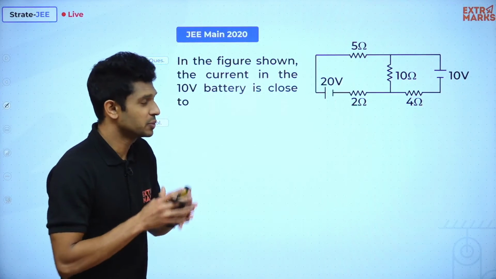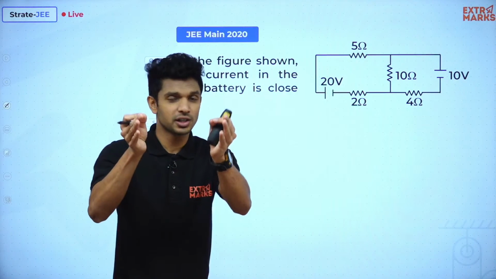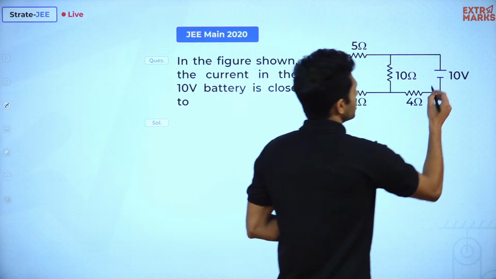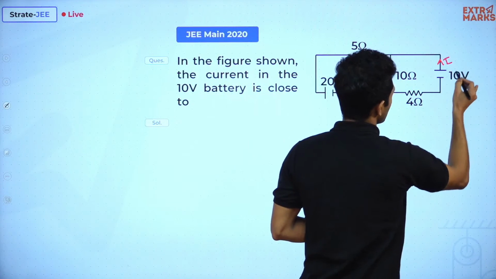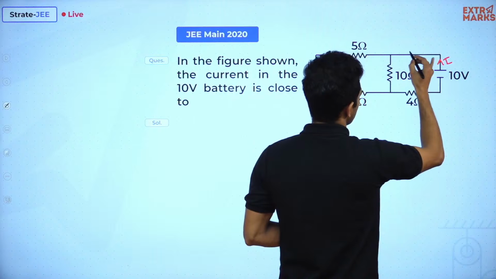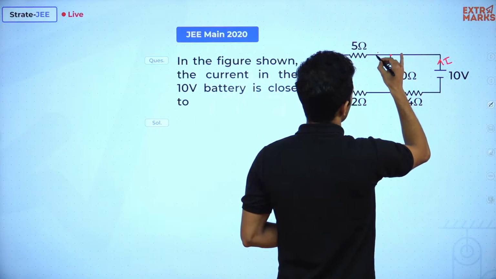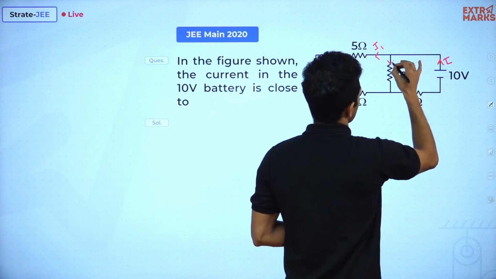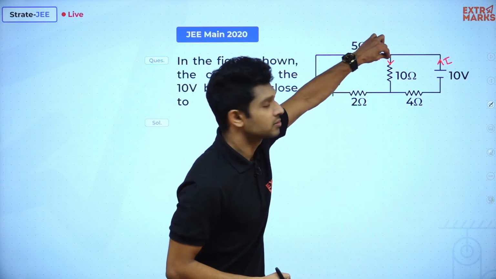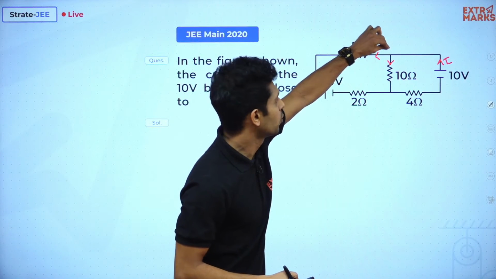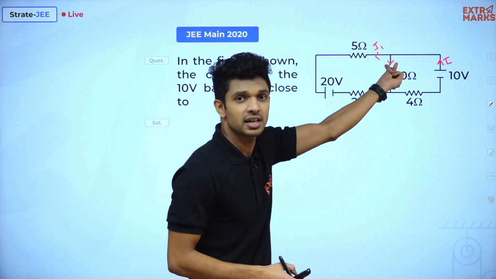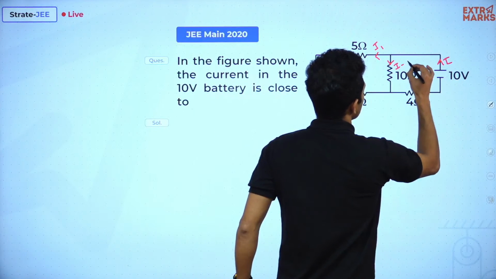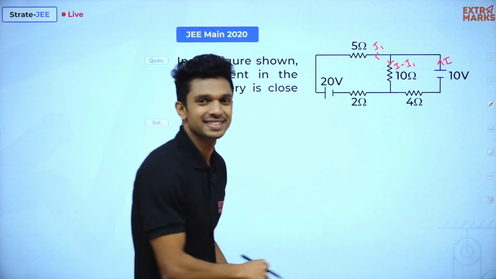So yes, do the first part, which is applying Kirchhoff's first law, which is distributing the current in each and every branch. Let's start. So let's start with the current I over here, which is the current we have to find out. ऐसे इधर आकर let's say that the current is splitting into two. Let's call the current passing through these branches I1. देख ले, to the junction I is coming, to one of the branches I1 is going. How much will be this current? From I, I1 is going, so the remaining will be passing through this. So I minus I1 हो गई बात, ठीक है?